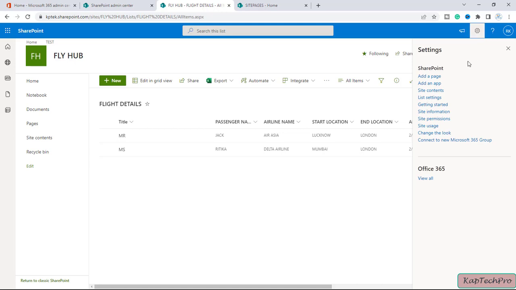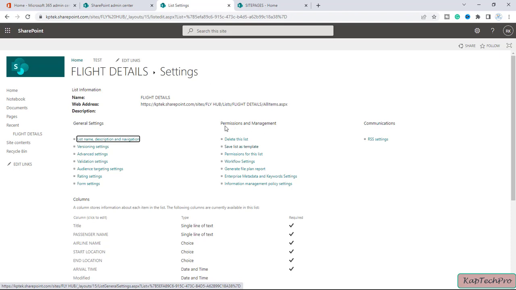Now I will click on the gear icon, and here we'll click on list settings. On list settings, under permissions and management, we have an option of save list as template. If you're not able to see this option, it means you have not set deny add and customize pages to false. So let's click on save list as template,